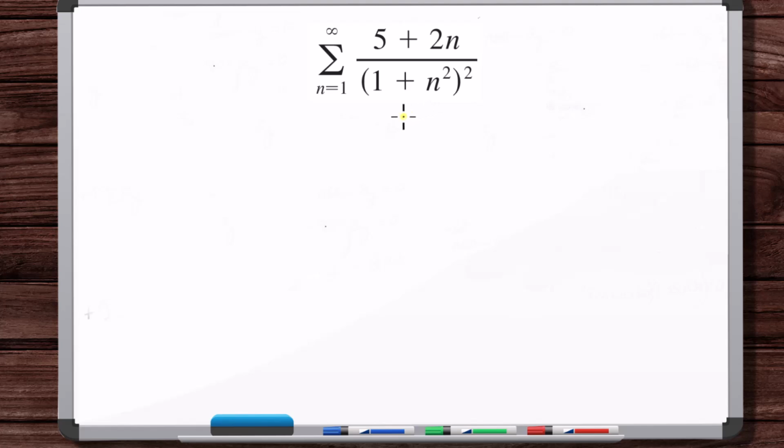Okay, so here I don't see a simple way to convert this into something we can just use for the general comparison test. So let's go with, okay, we're going to say b sub n is equal to the order of the numerator, and then the order of the denominator is n to the 4th, right? So, okay, let's do b sub n divided by a sub n. Here's a sub n. So we've got 2n